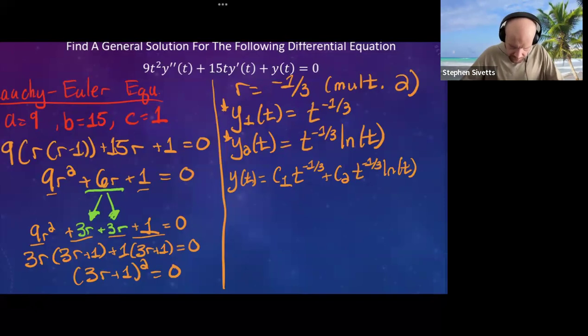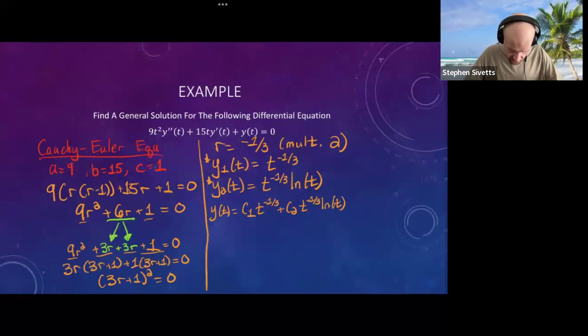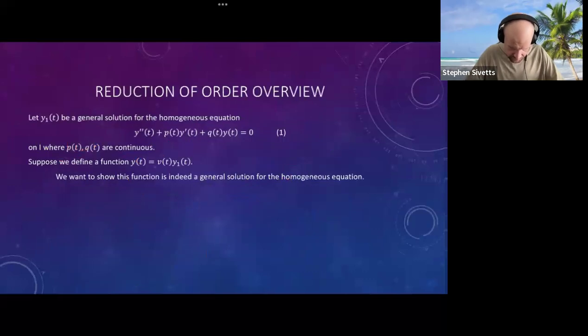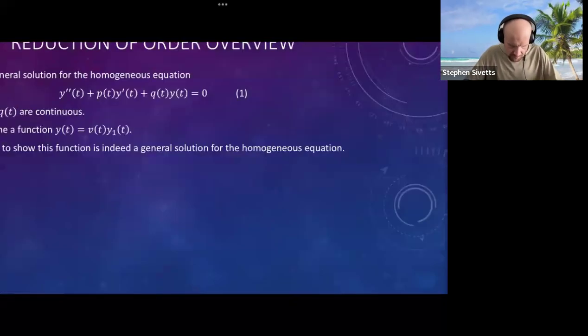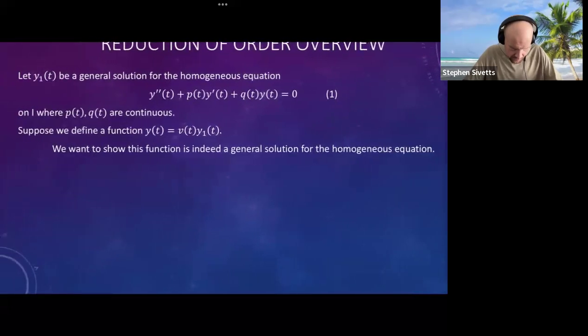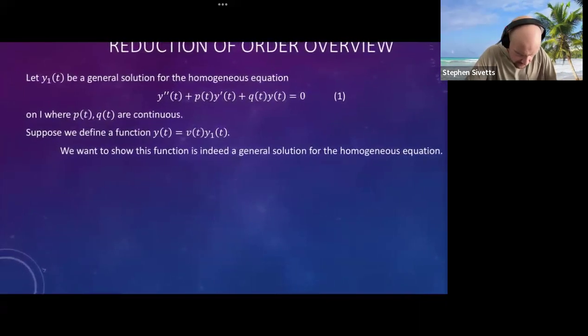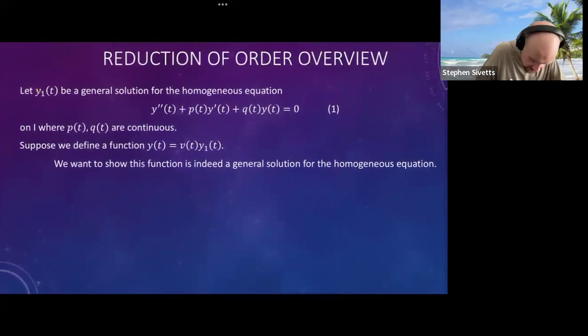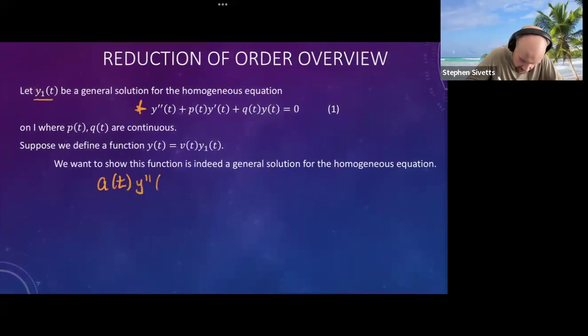And so that is one example. And then the last method I want to go over is what's called reduction of order. So let's go over the method of using reduction of order. So y1 of t is a general solution for this homogeneous equation. So in the textbook, they are referring to a variable coefficient differential equation to be this, where the